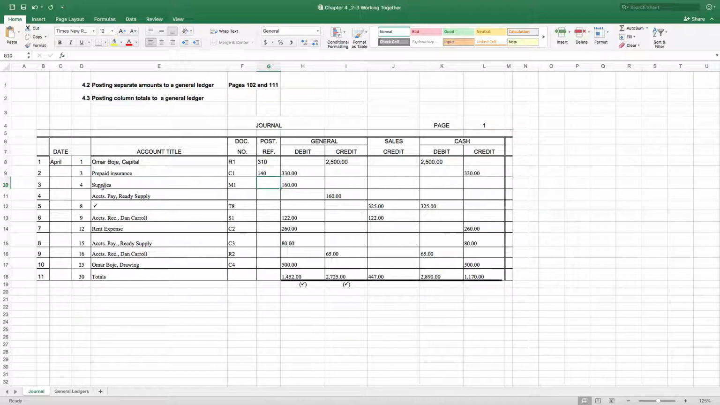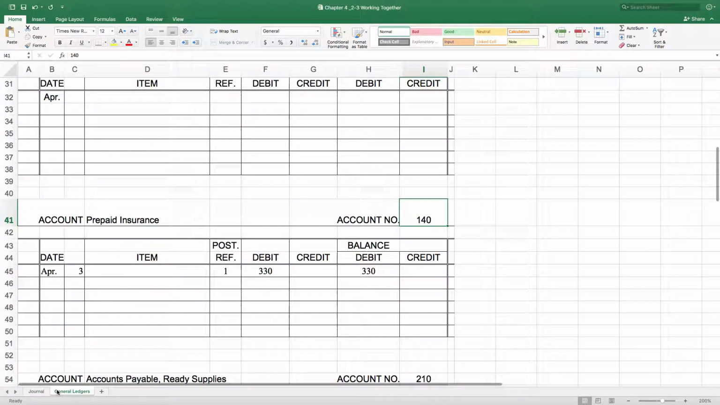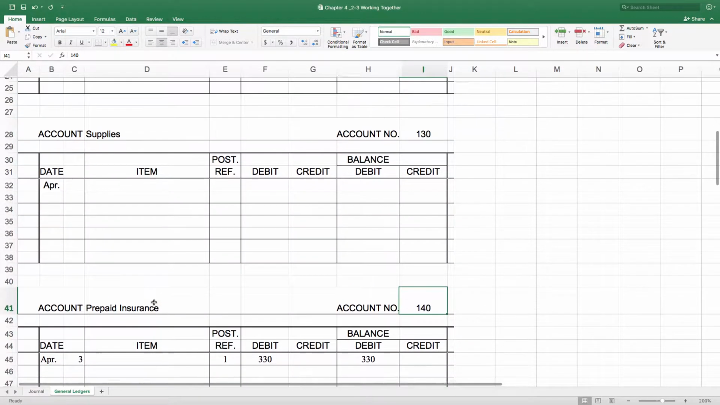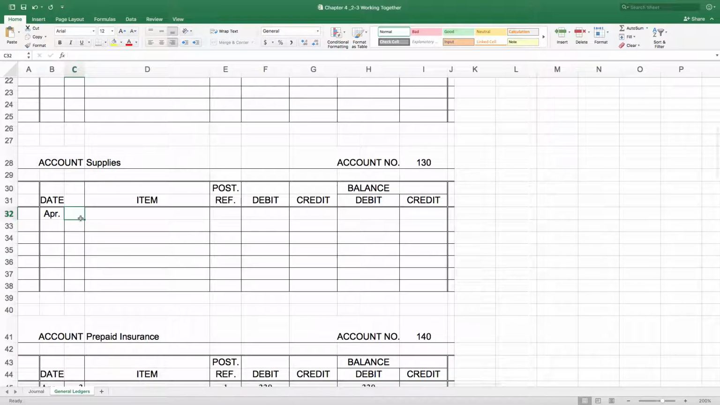Okay, now supplies. Supplies on the 4th has a $160 debit balance. Notice we put the 4th in. Post reference is the page number of the journal. That's number 1, $160